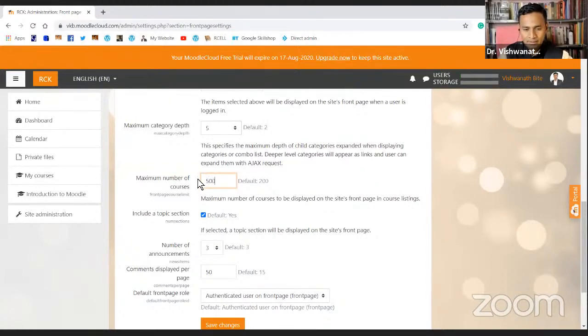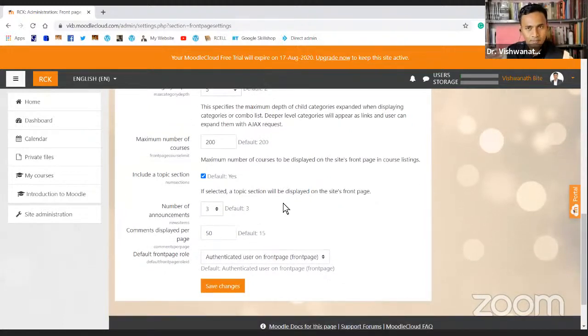Maybe I'll just write 500 or something like that. But it depends on how many courses your institute has, and you can select accordingly. By default it is just 200. Number of announcements, by default it is 3, but I might like to keep it up to 5, so that anybody who missed one of the announcements can always go back and visit those announcements.